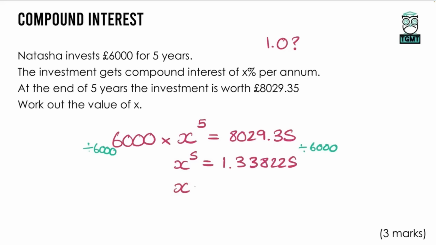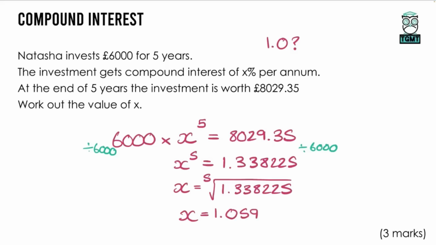So we need to do the fifth root of this number. So just like when you reverse a square root or a cube root, here we just need to do a fifth root. And there is a button on most calculators which is a square root button with like a little square next to it. So mine is behind a button that has an X with a little square on it. So I have to press Shift to get that button, and then I can put a 5 in the root box and then type in 1.338225, press equals, and I get X is equal to